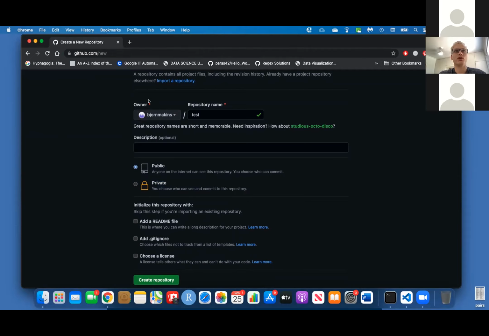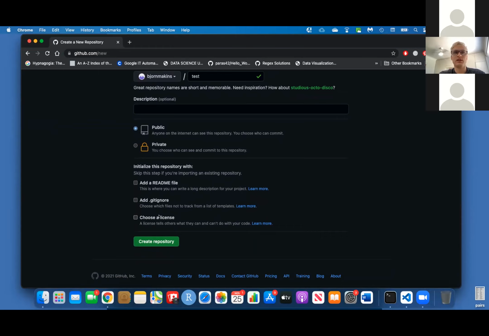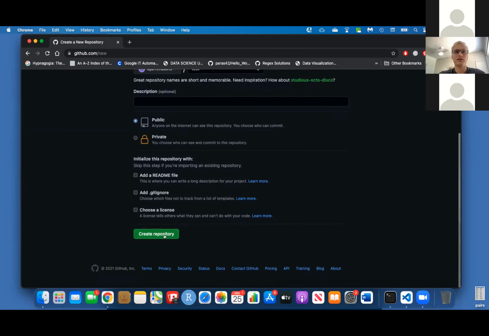We don't check any of these when we initialize an empty repository. It can make it more challenging to sync up with an existing project that you have on your local machine, like the planets directory that we've been working on with Melissa in the first half of this tutorial. So we want to make sure that the remote repository we have out here on github.com is as empty as possible so that we avoid conflicts and needing to merge things. Now I'll hit create repository